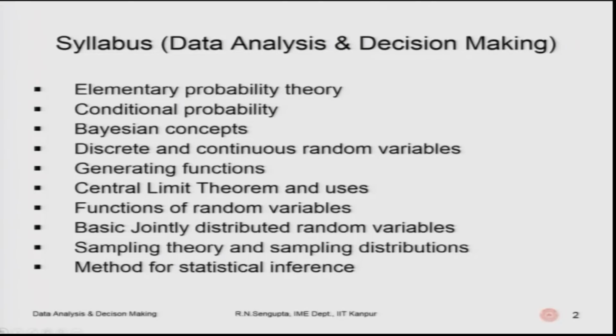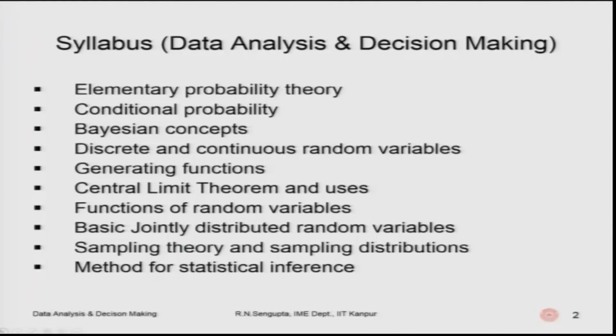Then we will go to the basic joint distribution of random variables, for the discrete case and for the continuous case. We will keep the continuous case limited to the bivariate normal distribution. Then we will go to the concept of sampling theory and why sampling theory is important,